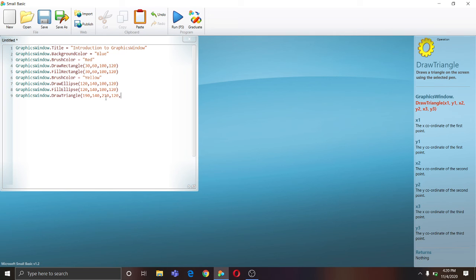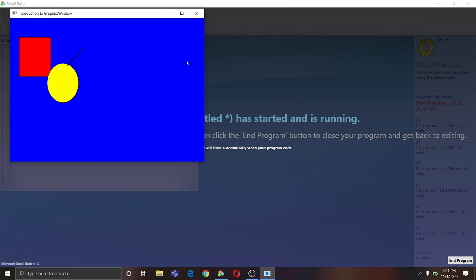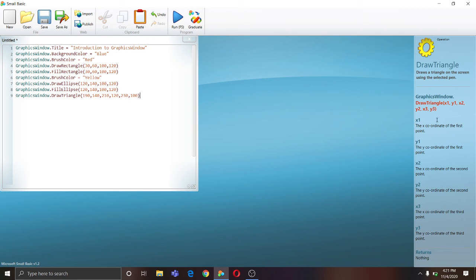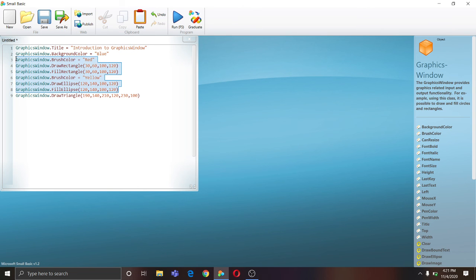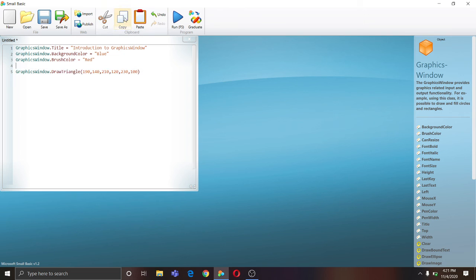Then 230 comma 100. It should work, I guess. Okay, this is not a triangle. Third point, x value. For now I will just remove all of this code, so I'll see what is happening with the triangle.